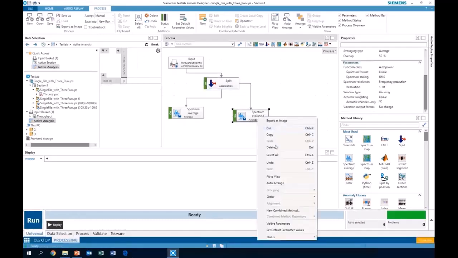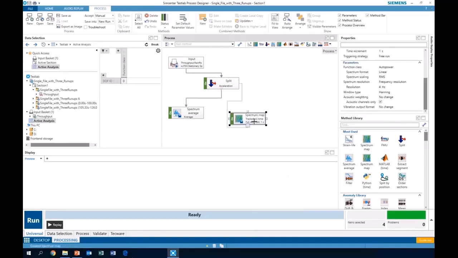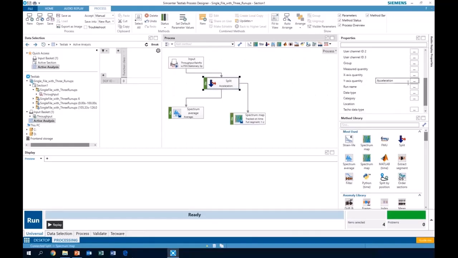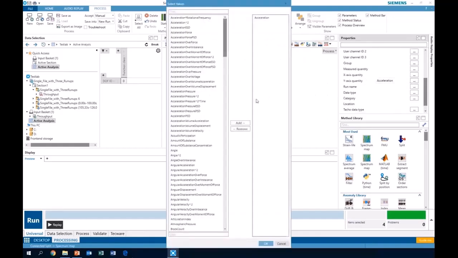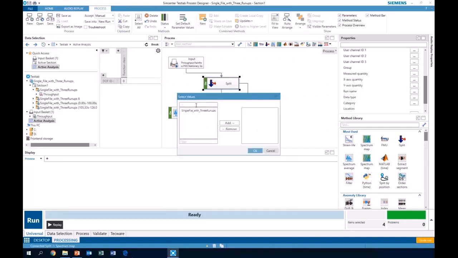It's not just things like a spectral average, right? I could do something like a color map, for example, and then maybe I'd want to do the split a bit differently. I could not just split on the y-axis. In this case, I could even remove that, but I can have multiple splits if I would like. And I could say I want to split based on the run name. So maybe some runs are steady state runs, and I just want the average spectrum there.